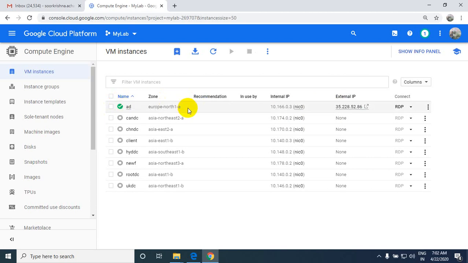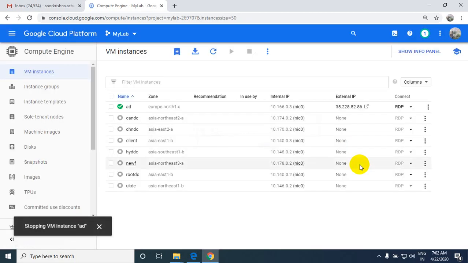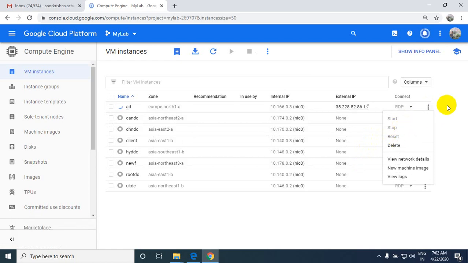Remember, before closing this VM instance in Google, make sure you go to the three-dot icon on the right side and select stop, so that it will not be chargeable. If you want to use it, then you can click on start to use the instance.